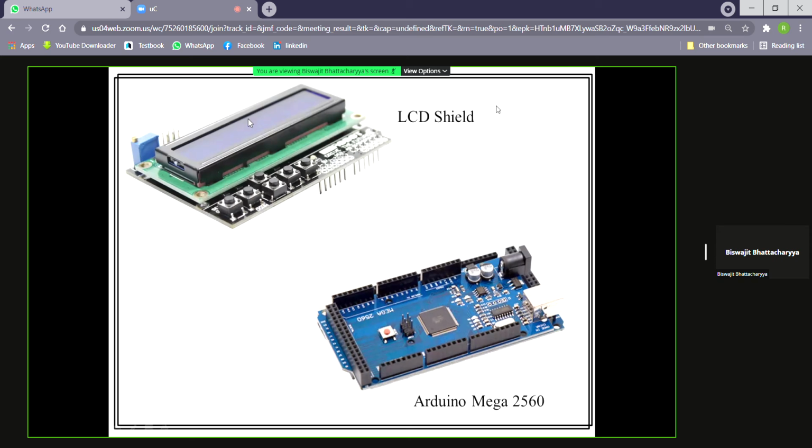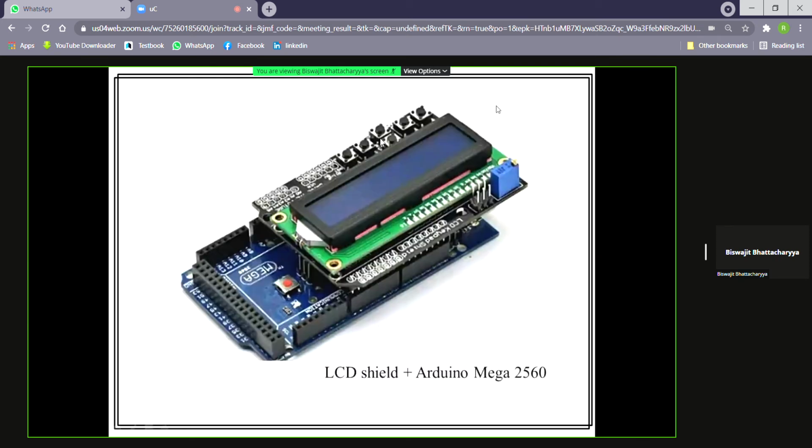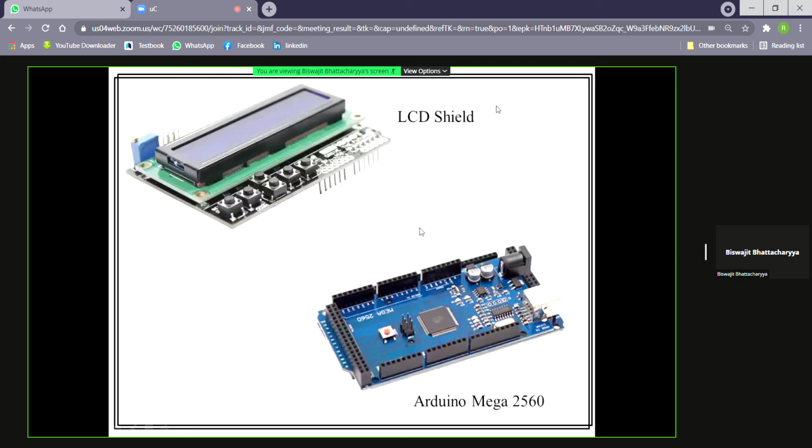If you buy it, you can directly insert it over this particular Mega board. There will be a pin-to-pin connection possible, so if you just insert it, it will sit just like a sandwich. Obviously, instead of doing it this way, you can solder all the pins properly.